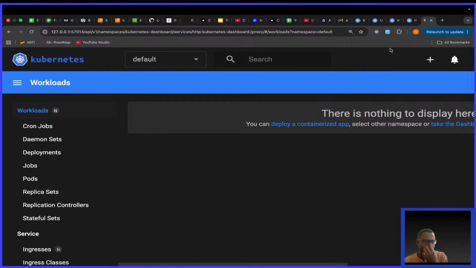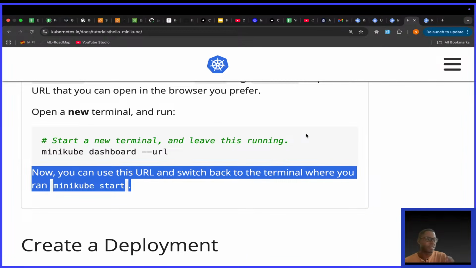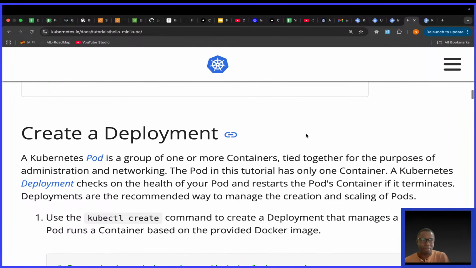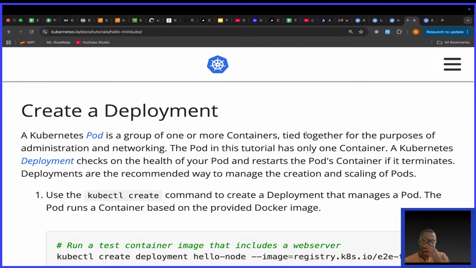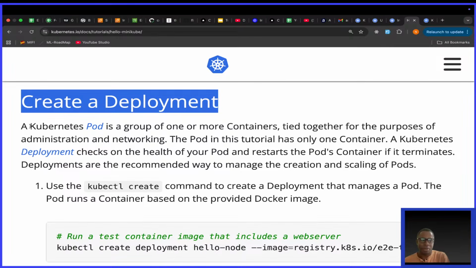Okay, all right, let's continue. Again, I see I'm past time by 5 minutes, but let's try to wrap up. What took long was the installation. So they're saying create a deployment. Okay, now they're saying